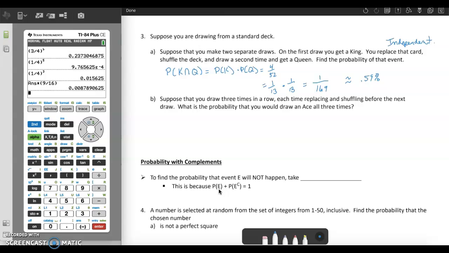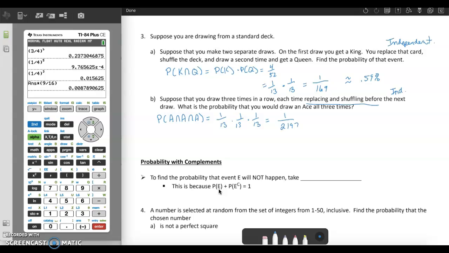Suppose you draw 3 times in a row, each time replacing and shuffling before the next draw. What is the probability you would draw an ace all 3 times? Okay, so again, because of the replacing and shuffling, we're independent yet again. So what would be the probability of drawing an ace and another ace and another ace 3 times in a row? Well, there are also 1 over 13th probability for drawing an ace. So this would end up being 1 over 13 times 1 over 13 times 1 over 13, which is 1 over